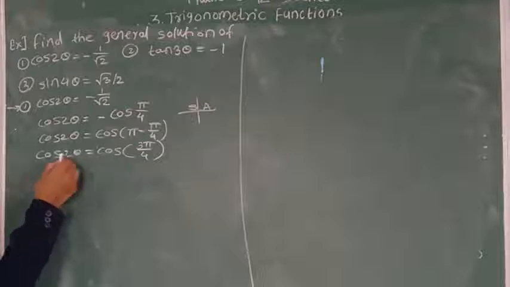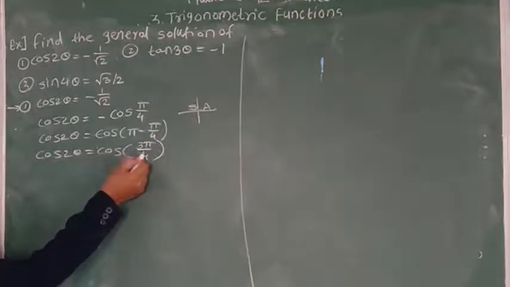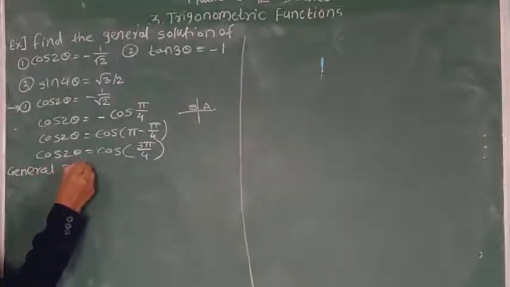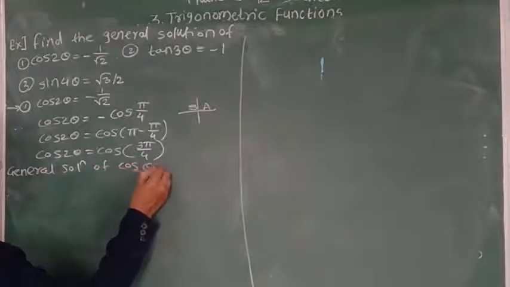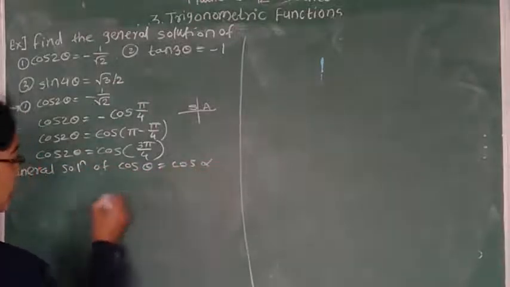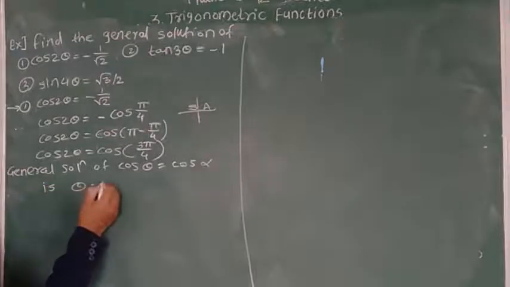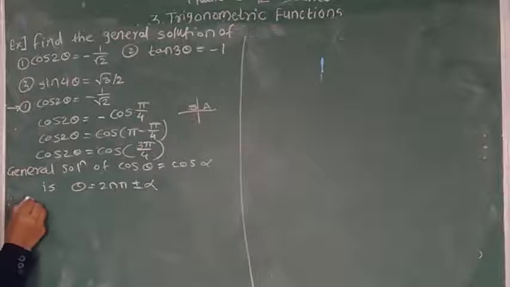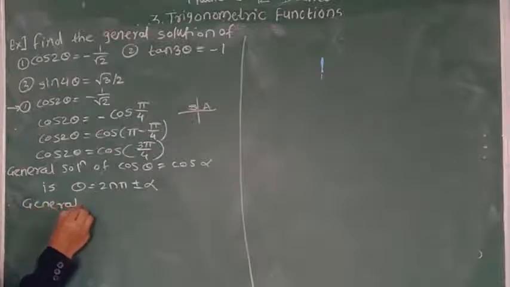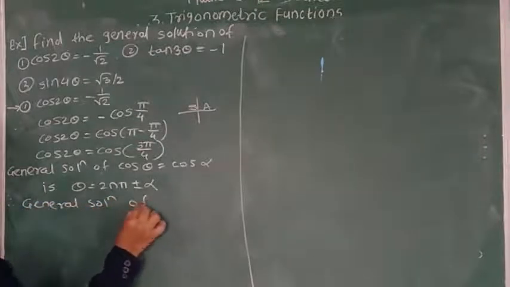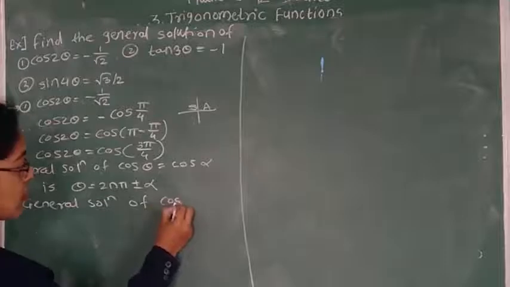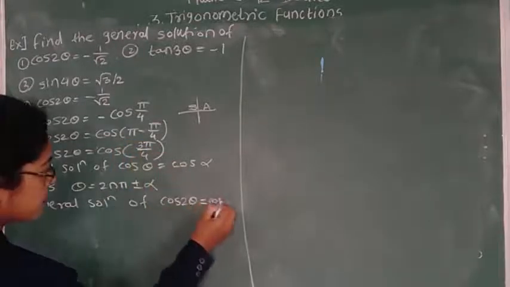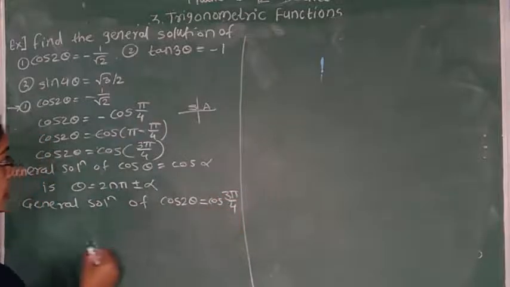So we know the general solution of cos theta is equal to cos alpha. General solution of cos theta is equal to cos alpha is theta is equal to 2n pi plus minus alpha. So therefore general solution of cos 2 theta is equal to cos of 3 pi by 4 is